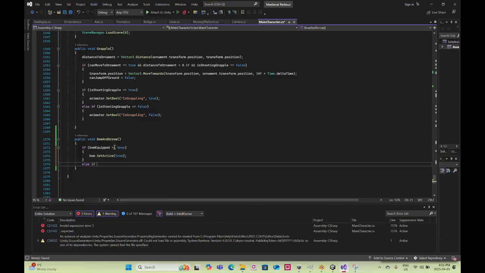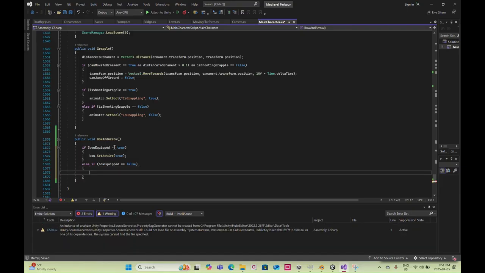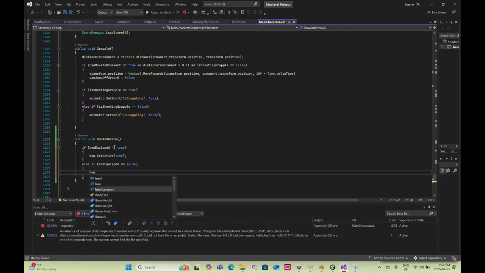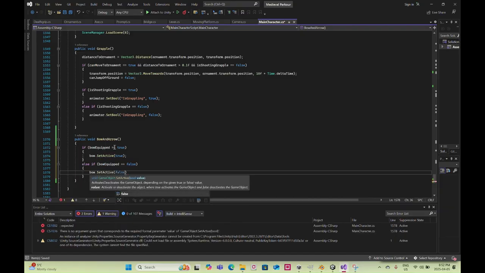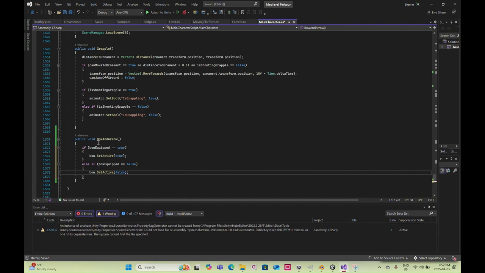Else if bow equipped equals false, bow dot set active is false. Okay. And when